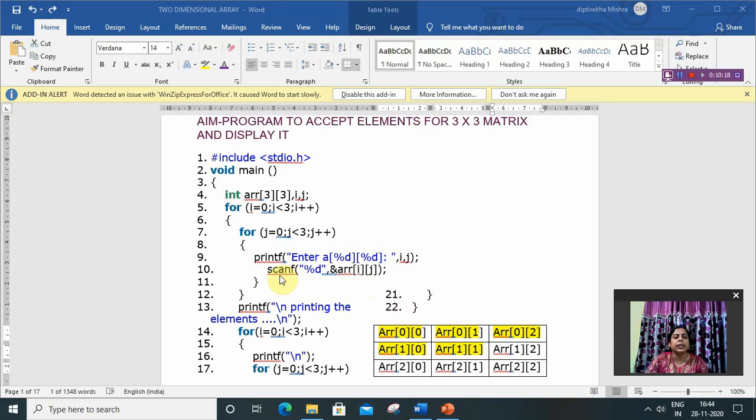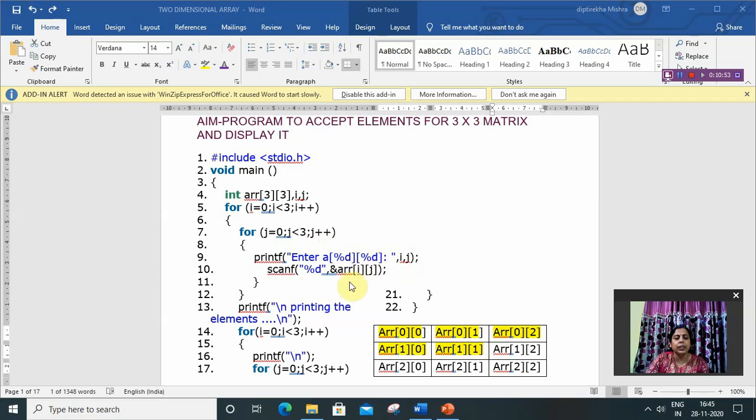Then next it will go to the inner loop again. Always when there is a nested loop, the inner loop is executed first. After the inner loop becomes false, it will go to its upper loop. So j will increase. This time the j value is 1, and i is 0 and j is 1, meaning the second element of the table.